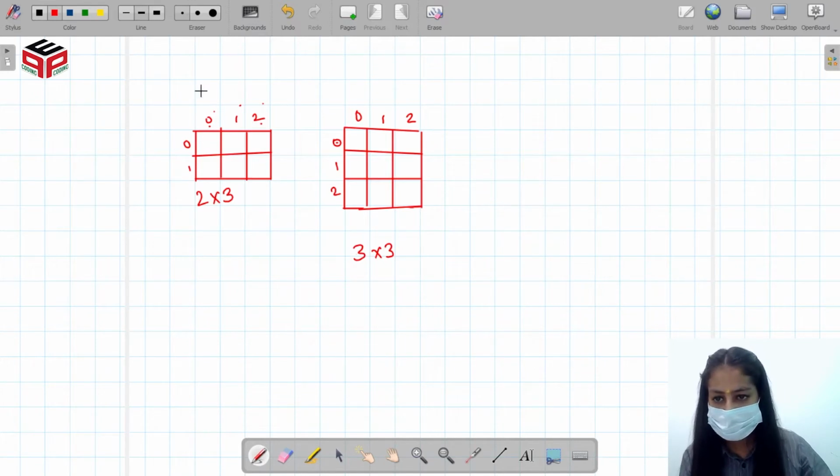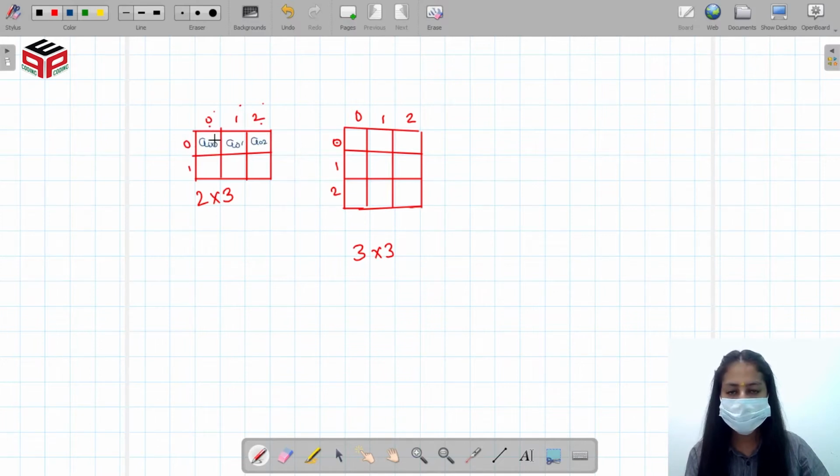Let's suppose the elements stored here are like A00, A01, A02. Here the first digit represents the row number and the second represents the column number, right? A10, A11, A12, right?